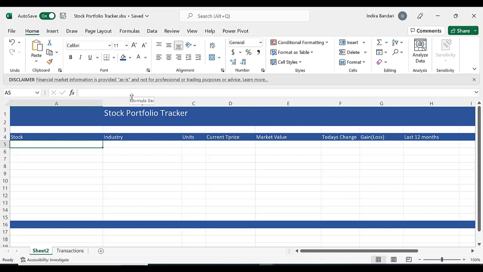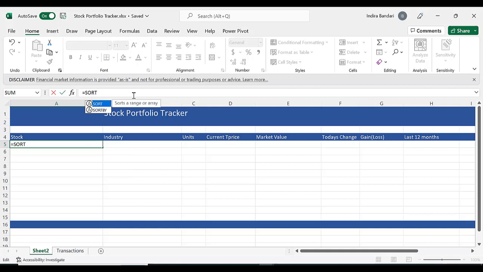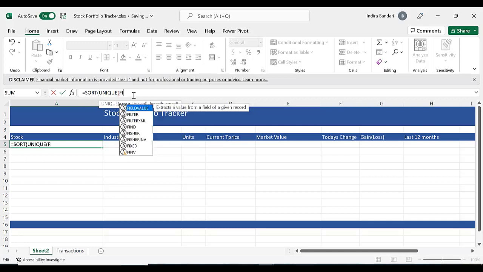I will use the sort function, equals sort, and also the unique function, so I'm going to use unique, and also use the filter function